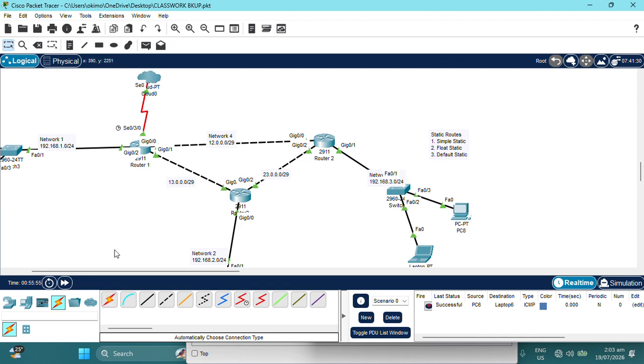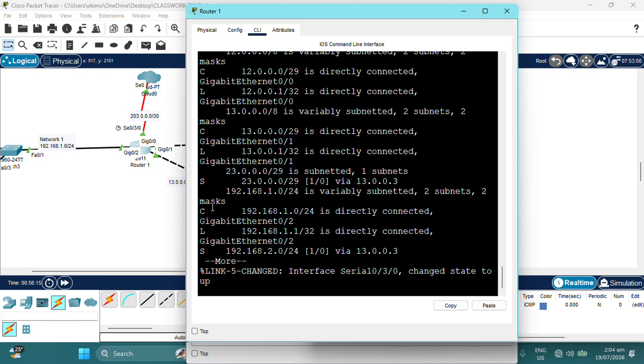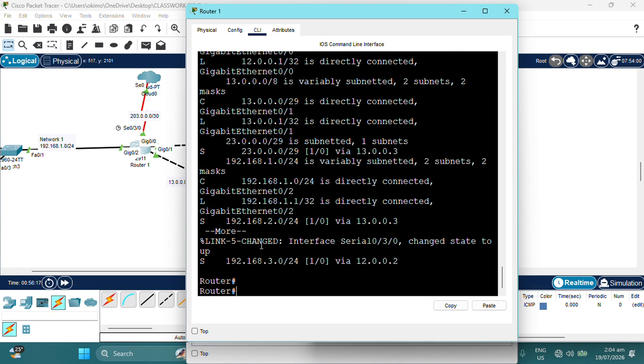A serial link. This is a serial port for connecting to the internet. So we name this the internet connection, 20/3.0.0.0/30. Yeah, /30. And now let's configure this. So say